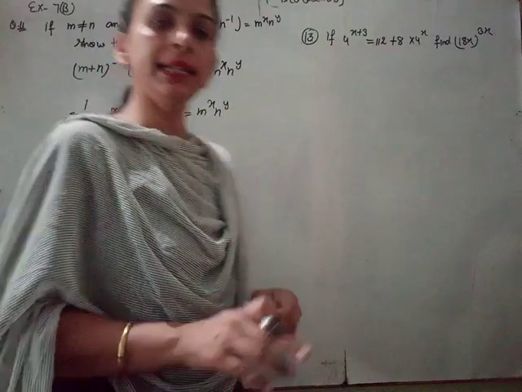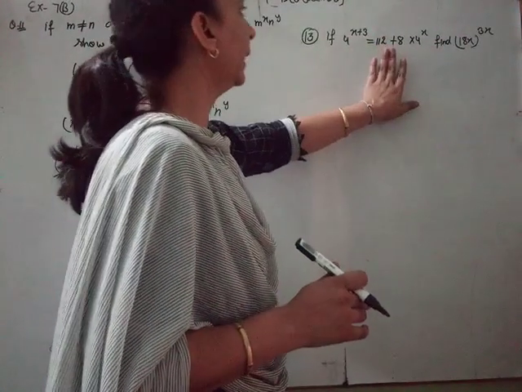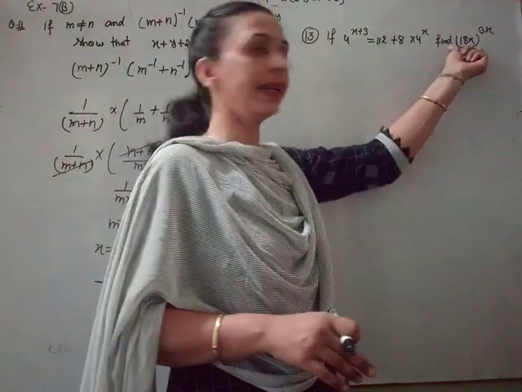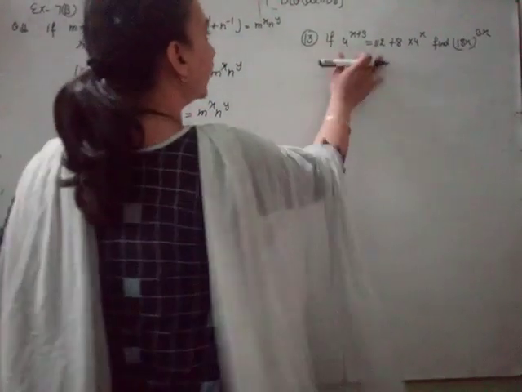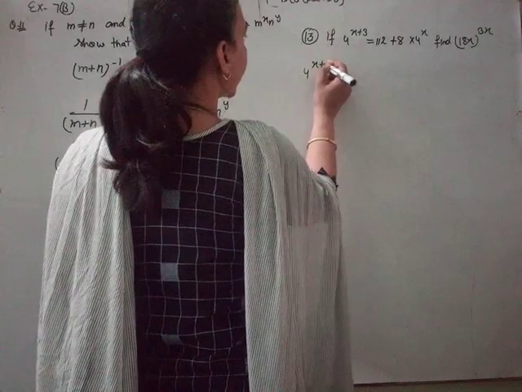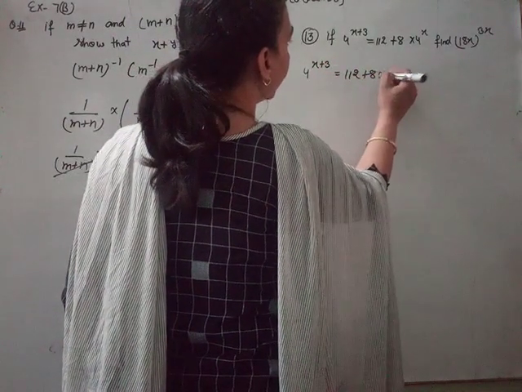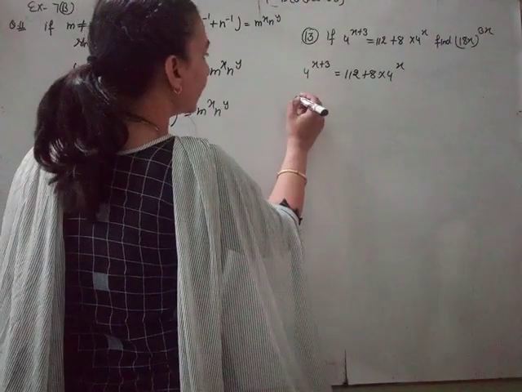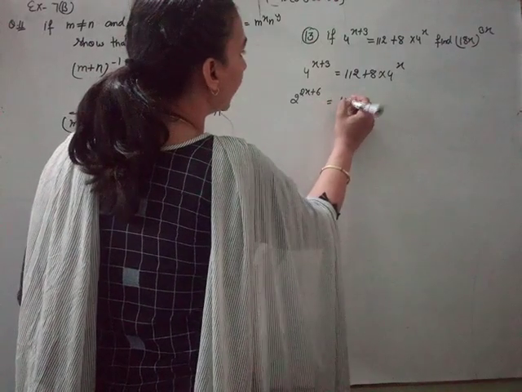Next, question number 13. If 4 raised to the power x plus 3 equals this, find the value of 18x raised to the power 3x. Students, for finding this, first we solve for x. Okay, we take this 4 raised to the power x plus 3 equals 112 plus 8 multiplied by 4 raised to the power x. Okay, we write this as 2 raised to the power 2x plus 6 equals 112 as it is,